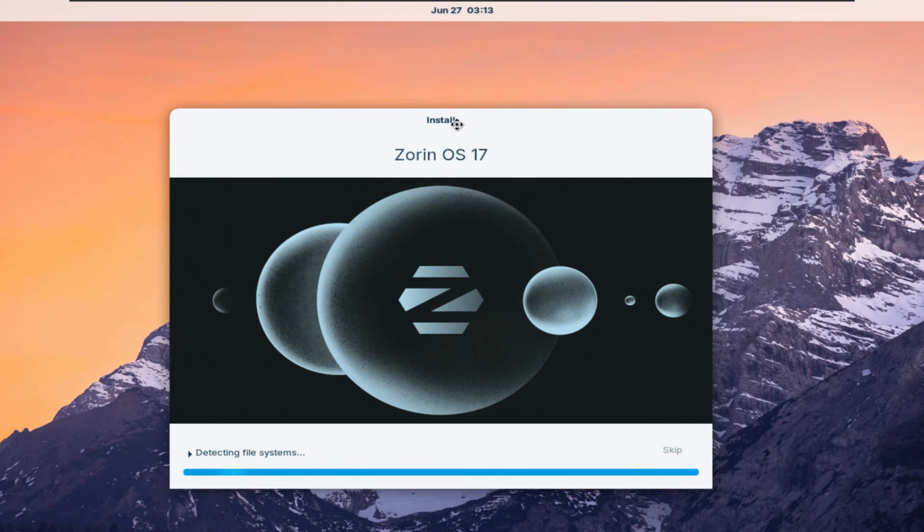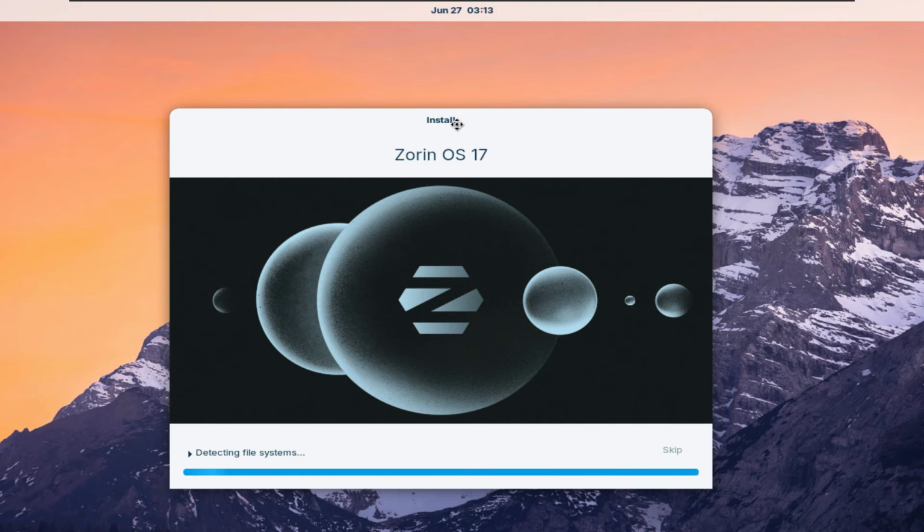But wait, can I actually change the desktop environment? Well, I can. I can just install KDE and use Zorin with KDE. Maybe I'll be the first one doing this on YouTube. Just have to install it in the terminal, right? What if it breaks my system? I don't know. Let's just wait for that thing to get installed.